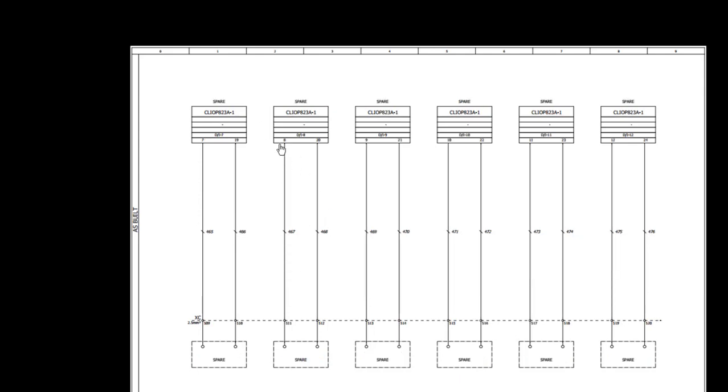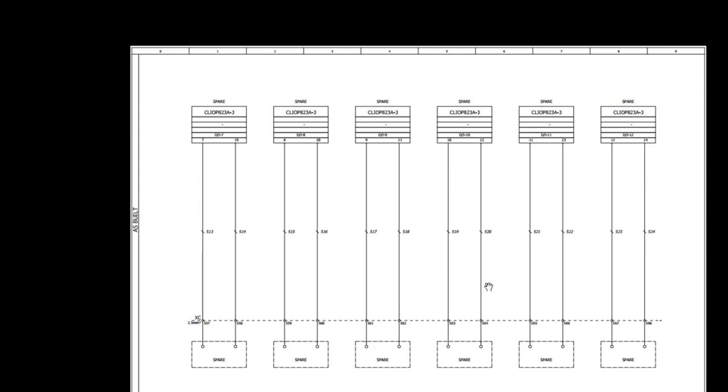Now here you can see these are spare points, and this is an input digital input module, and you can see from each module, from each point we are taking two wires directly to the terminals, like similarly you can see here, and there will not be a loop from one terminal to the other terminal. This video is getting a little bit longer, but I want you to understand completely about the DCP drawing, so next time you can read a drawing very effectively.